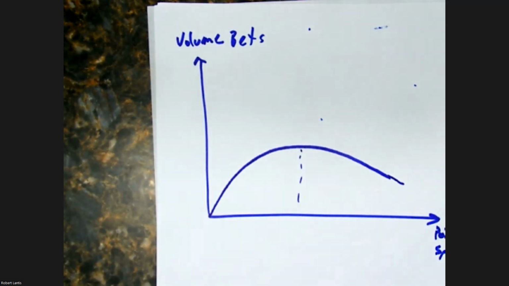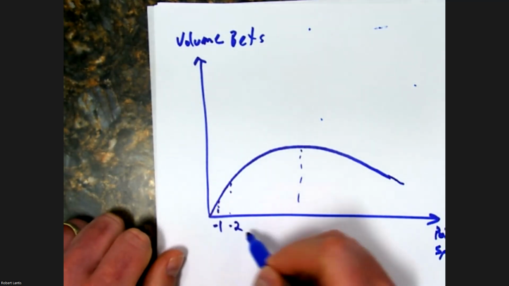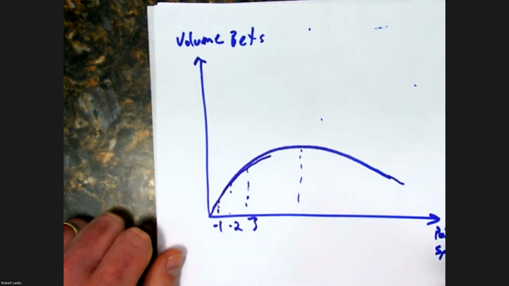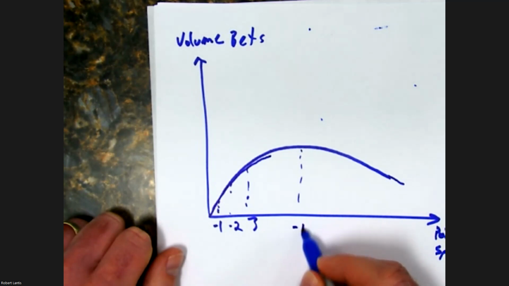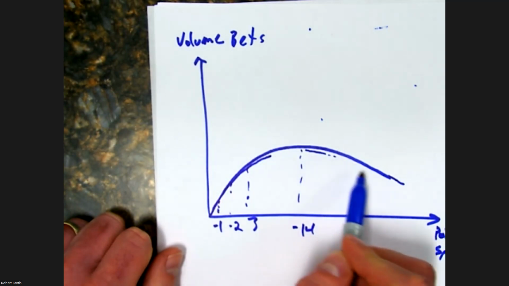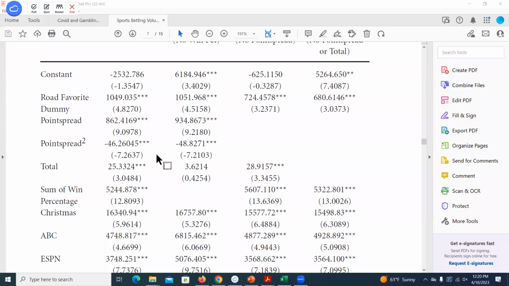So if I'm moving from a point spread where I think the team is going to win by at least 1 point, at least 2, at least 3, we start seeing more money come in on this team. But once we get to something like -14 for an NFL game, people start to think it's way less likely. Now, these have already been factored into the betting line. This is behavior that's not consistent with lines that have already been set as a 50-50 line. So we could estimate what point spreads people are betting more or less on, on either side.